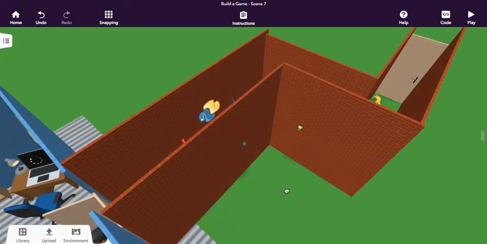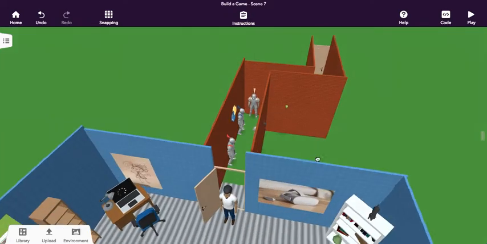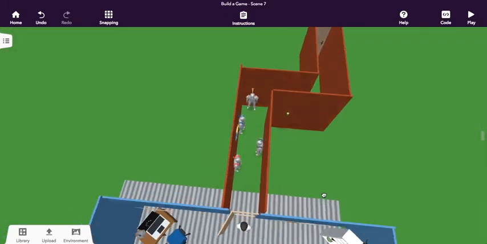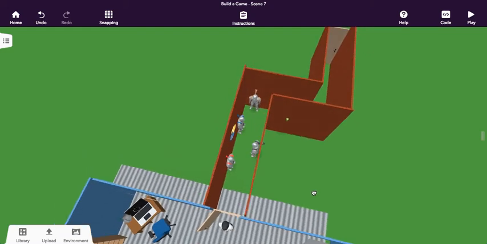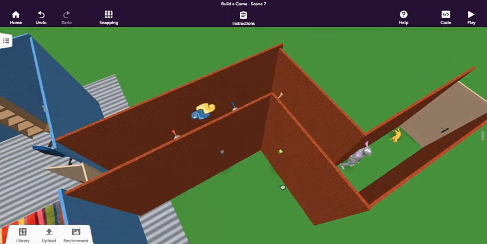Okay, welcome back. In this session, we're going to be adding a little bit more. You can see that what's going to happen here is the character is going to get to the end of